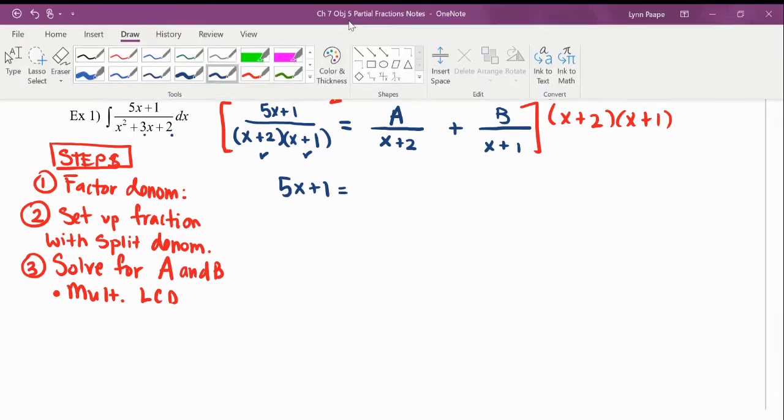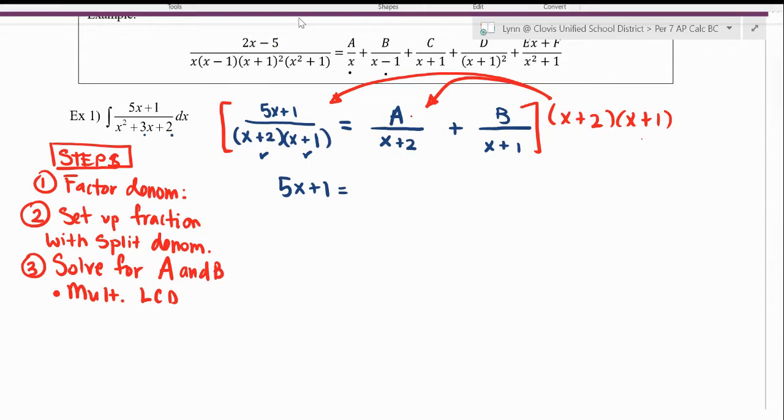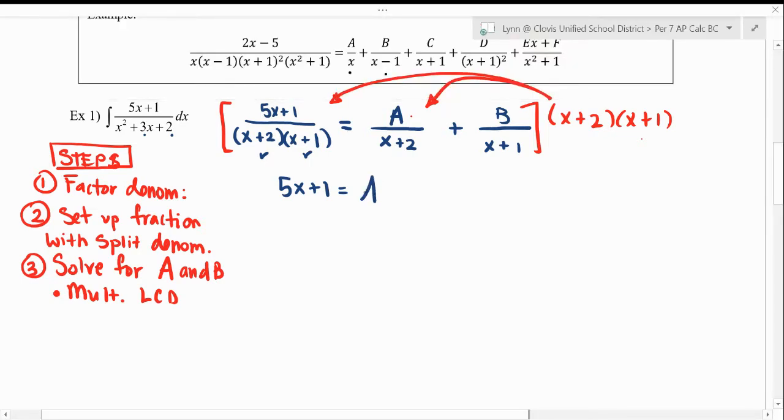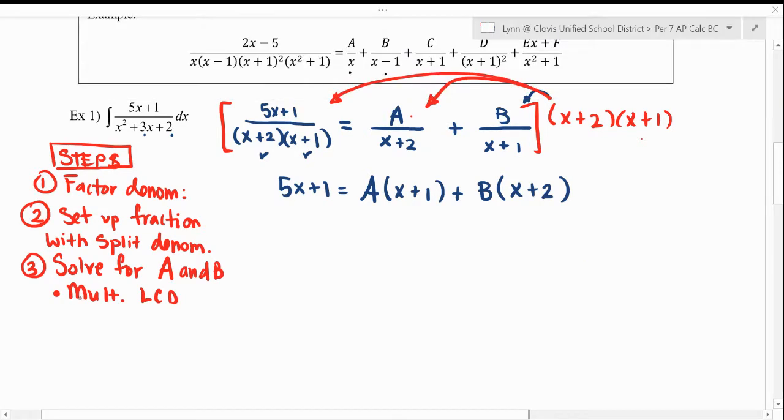And then when I multiply it into the second fraction, the x plus 2 will cancel, leaving me with just the a and the x plus 1. And then when I multiply it into this one, the x plus 1 will reduce, leaving just the b and the x plus 2. So after I multiply by my common denominator, the next thing I'm going to do is choose